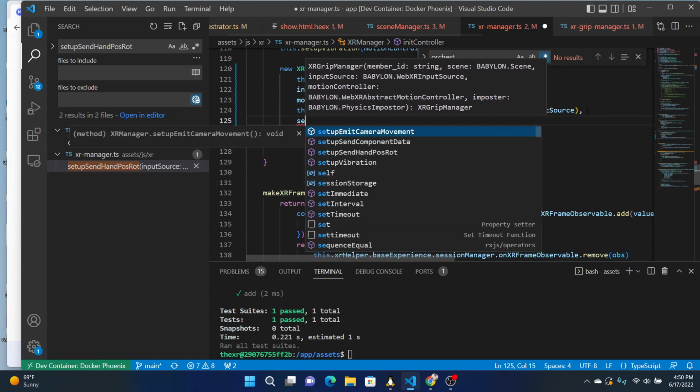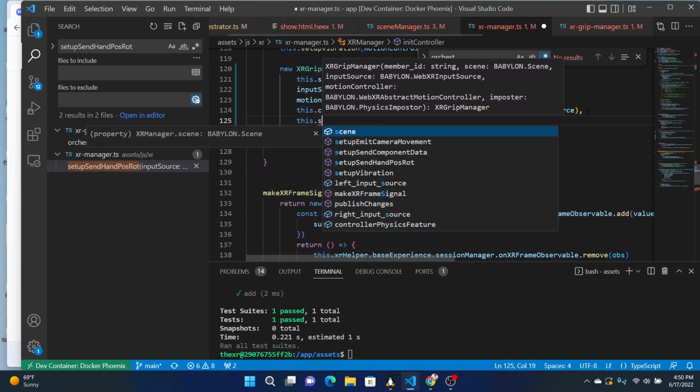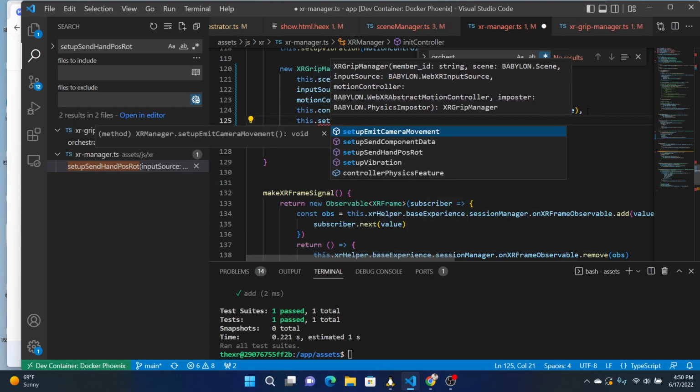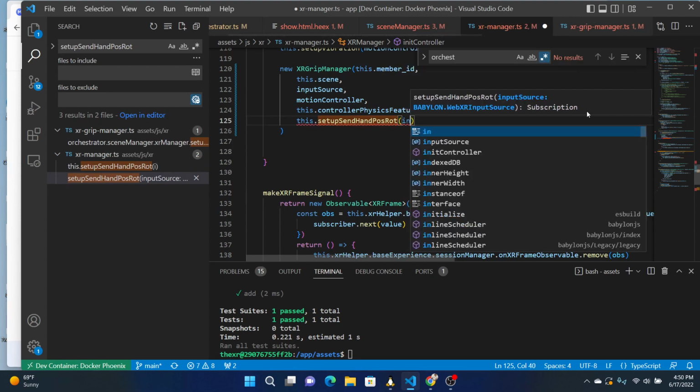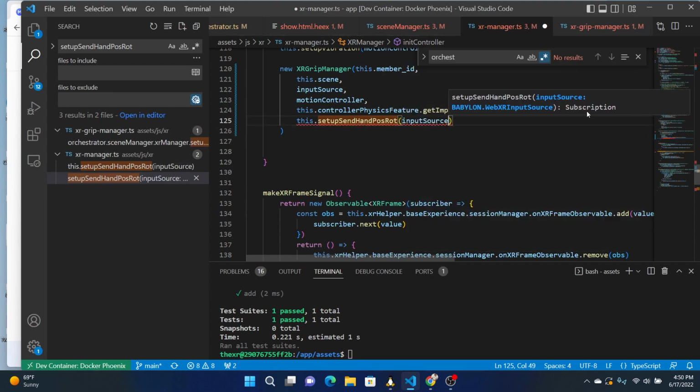So set up hand position rotation with the input source. This would run immediately. We don't want it to run immediately. We want to pass in a function